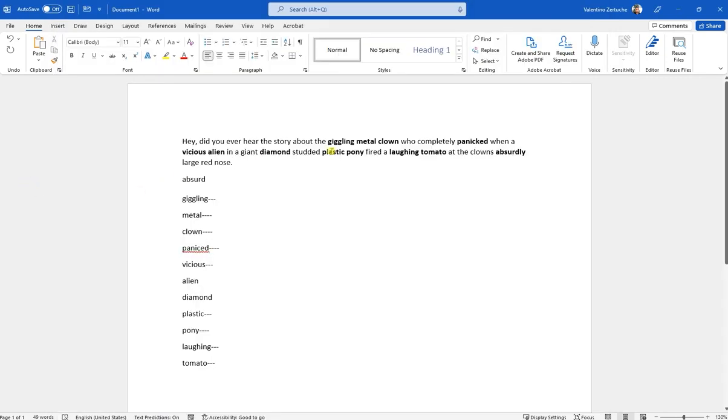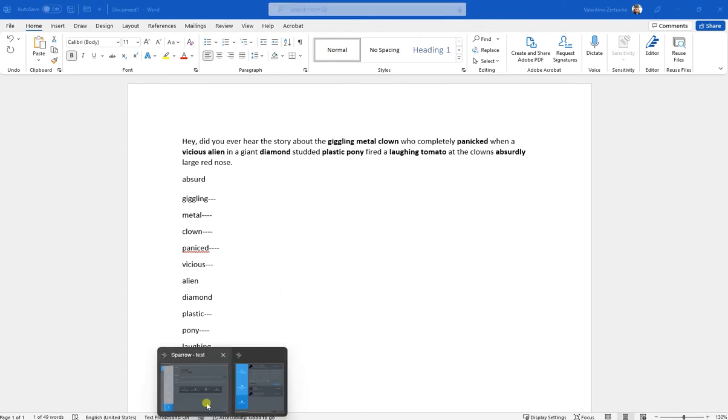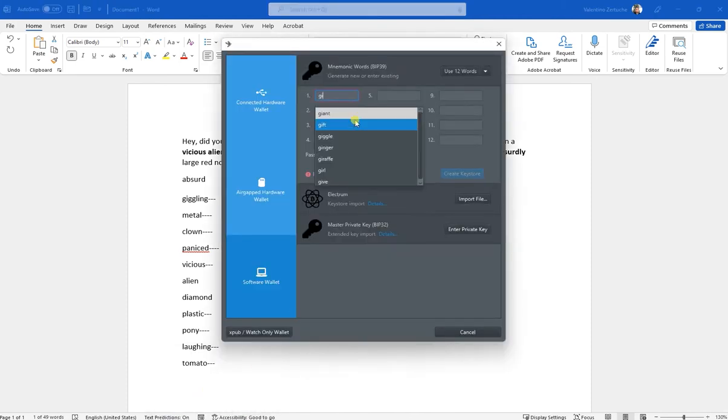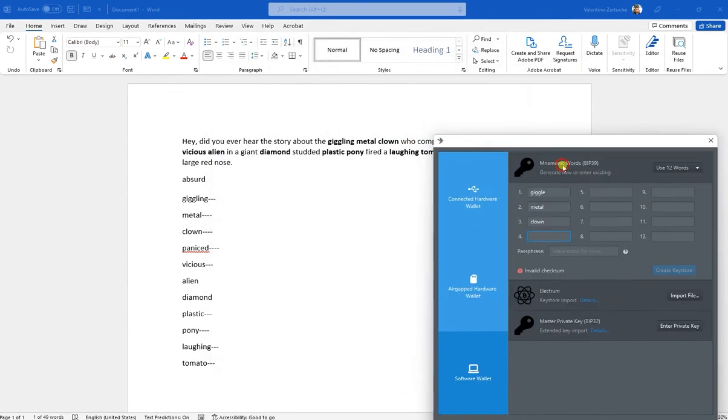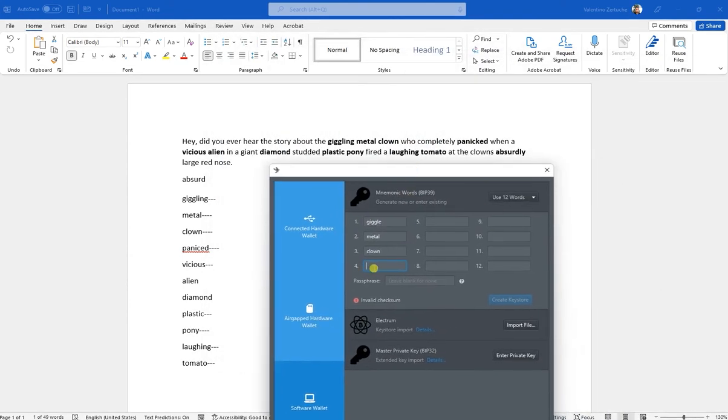Okay, we'll go back. The giggling. I thought of metal clown, but I couldn't think of the giggling. So giggle, G-I-G-G, there it is. I just hit enter. The giggling metal clown. I'm just going to cheat for now because I haven't taken the time to really memorize it. But the giggling metal clown who completely panicked, see, it knows, who completely panicked when he saw a vicious alien